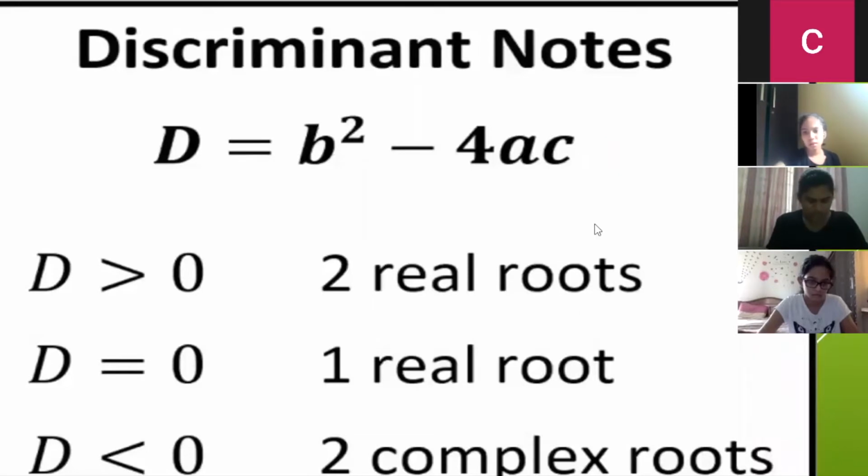Josna, is the diagram on the previous slide clear? Yes, sir. Is the value of i taught in 10th? Sorry, repeat again. Is i taught in 10th? Yes, sir. No, that is plus 2.